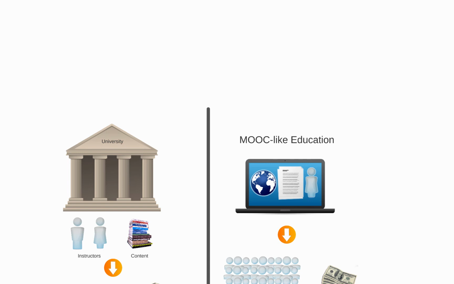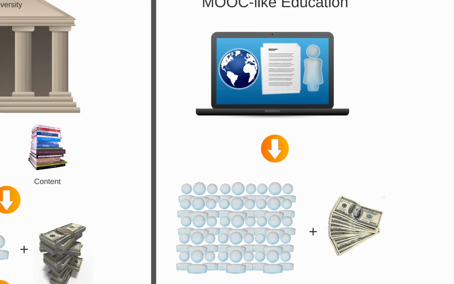MOOCs are massively open online courses, and they're created by instructors in an open course online environment. So you have instructors creating content for students to consume and learn from in a group-like environment or an online course environment. Often these MOOCs are popular, and so they have thousands of students. Now in the beginning, MOOCs weren't used for credit classes. That is, you couldn't get college credit for taking a MOOC. And completion rates in MOOCs were really low.